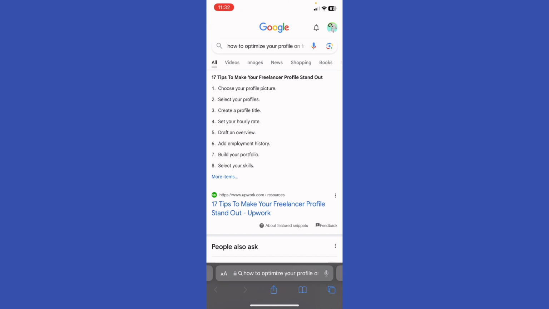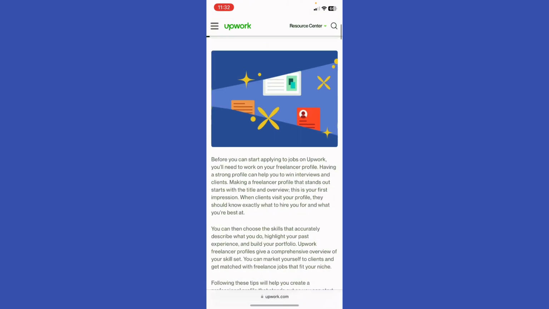if you want to optimize your profile on Freelancer, first you need to choose a profile picture, select your profiles, and then create a profile title, set your hourly rate, and then draft an overview, and then add employment history. You build your portfolio, and then select your skills and add the certifications that you took, maybe an English certification